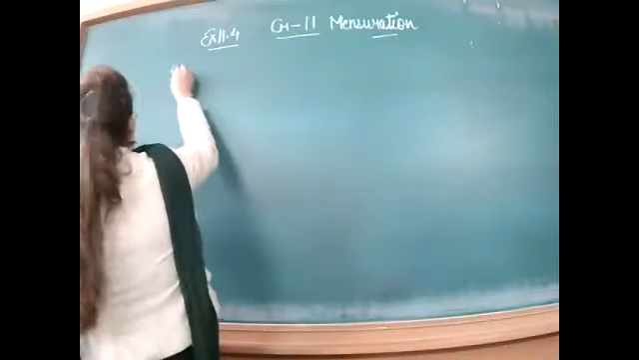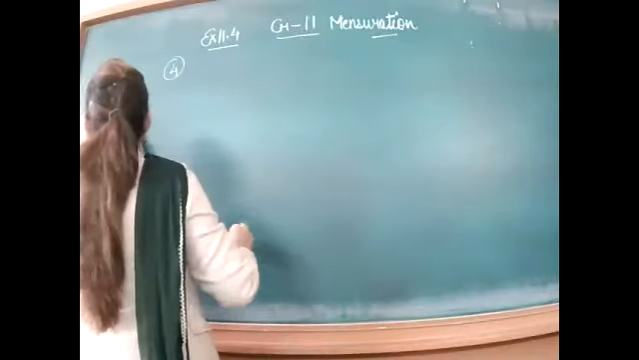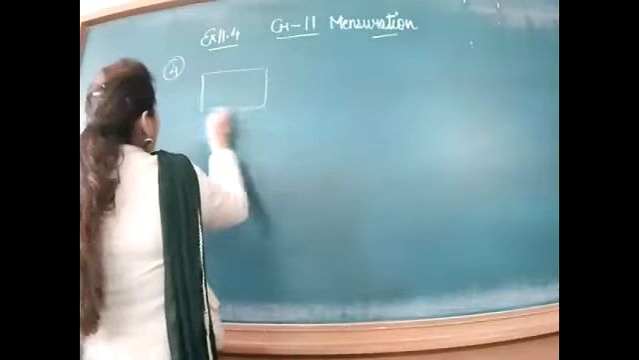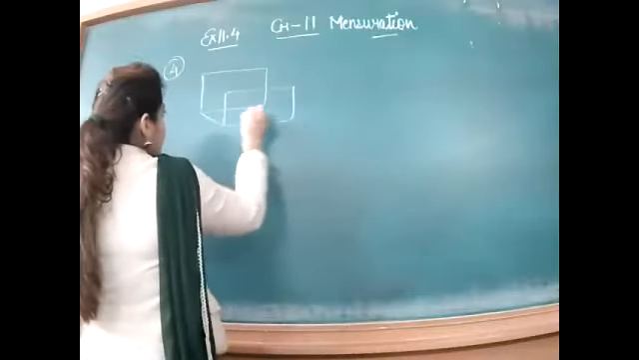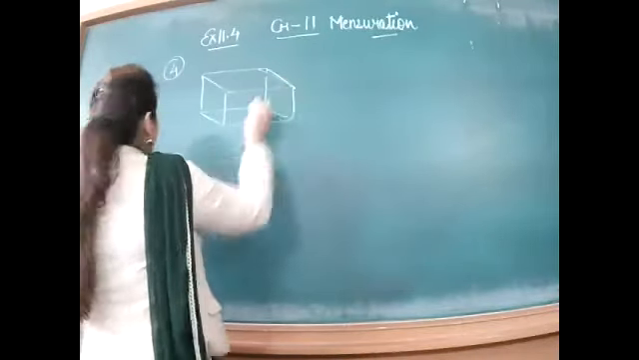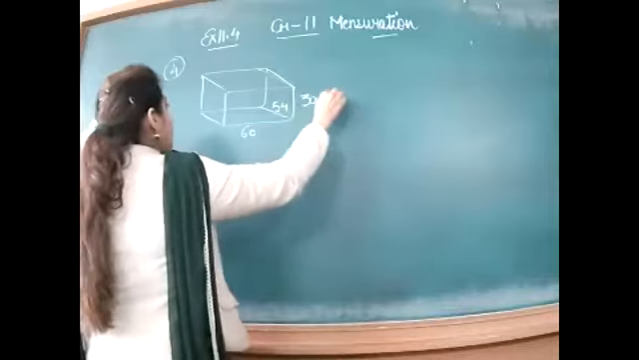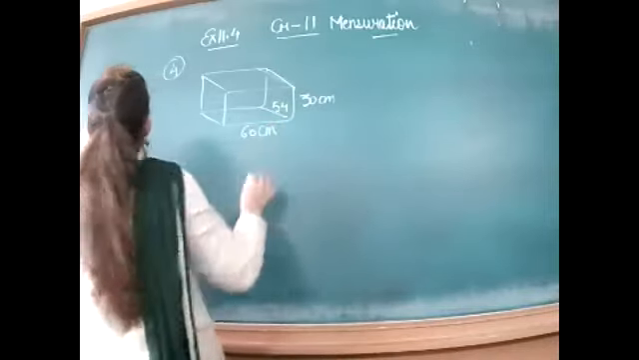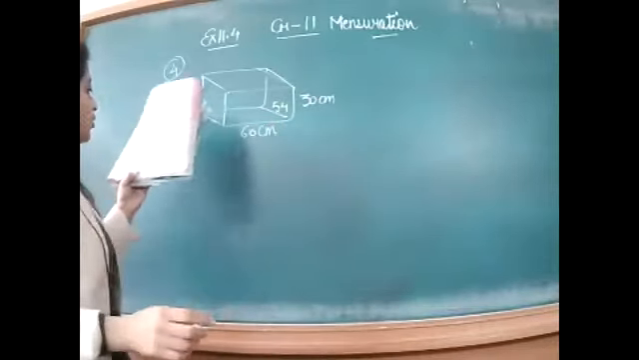Question number 4 is, one cuboid is there. Cuboid means like a room whose length is 60, breadth is 54 and height is 30. All are in centimeter. How many small cubes with side